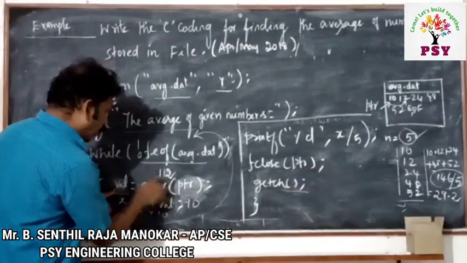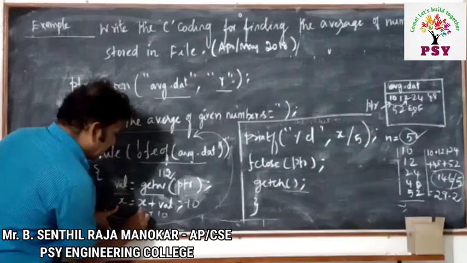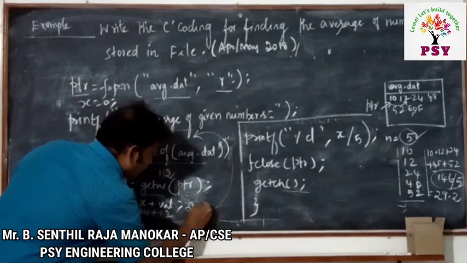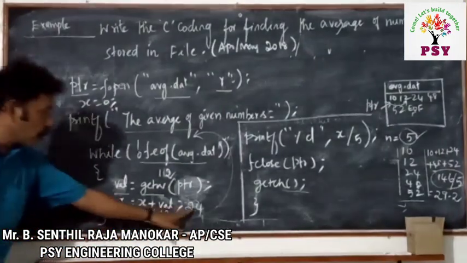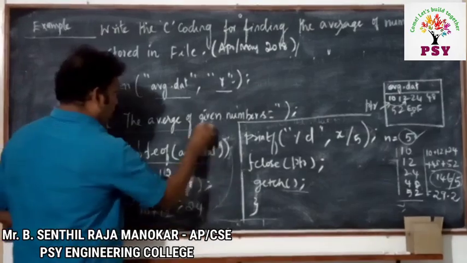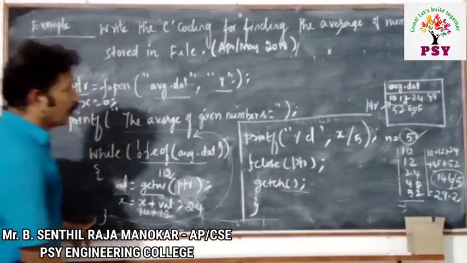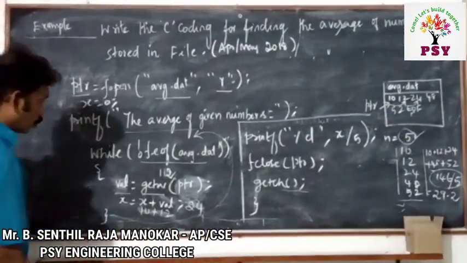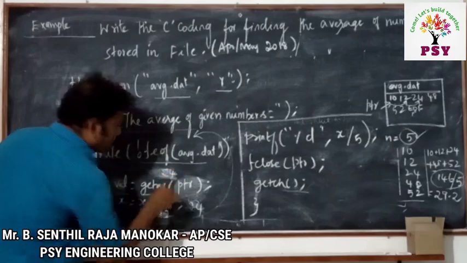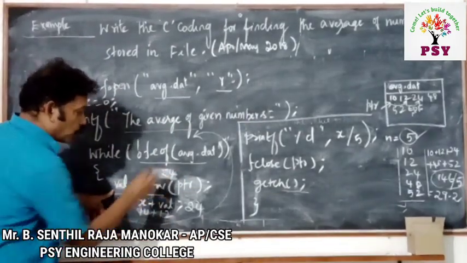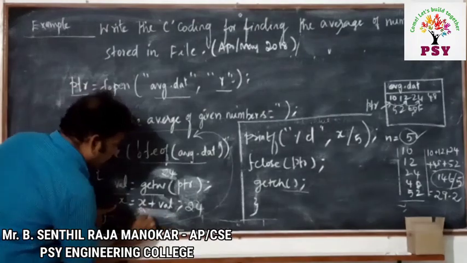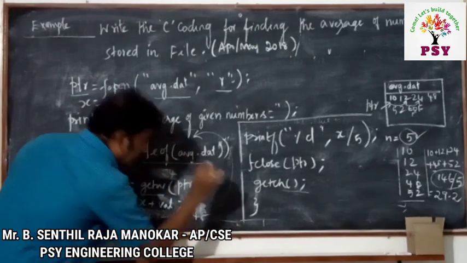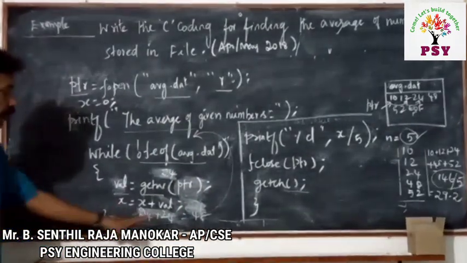So this 12 is going to be stored here. Then earlier x will be 10, and now the value will be 12. Then what is the answer? 24. 24 will be there in x. Again going back. What will happen? The pointer will be moved to the next position. Then the value will be 24. So val is equal to 24. Previously x is equal to 24, and again the value we are getting is also 24. What is the answer? 48. So x is equal to 48.